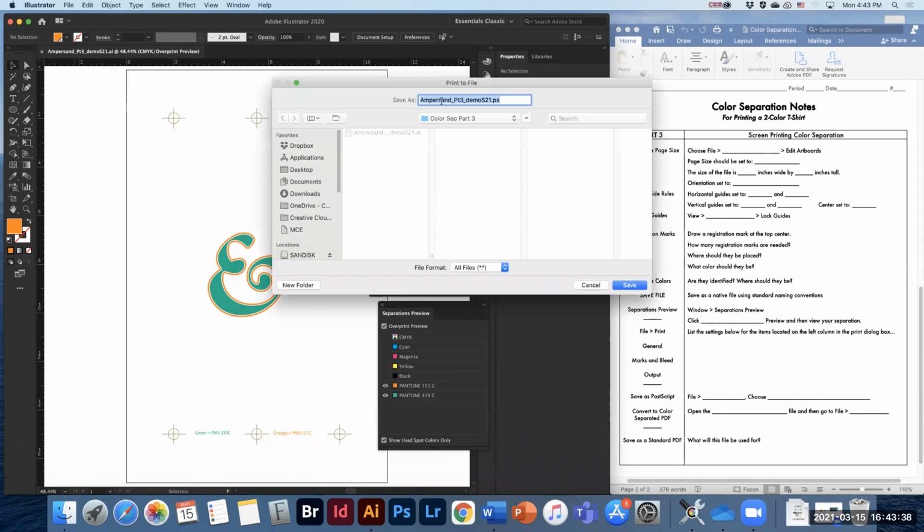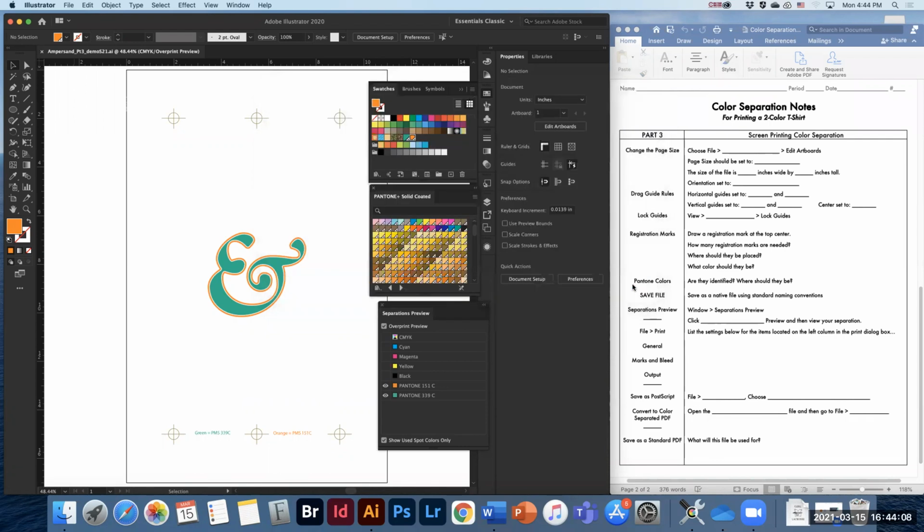I'm going to leave the file name I have here, but if you were saving, actually, I'll just go ahead and change it. It should be your last name, underscore, first initial, underscore, and then you can call this screen print ColorSep, if you want to call it that. And this is your PS file. Okay, so it's your postscript, and I'm going to save it into this same folder. You would save it into your graphic design folder. Now, once you have saved it,